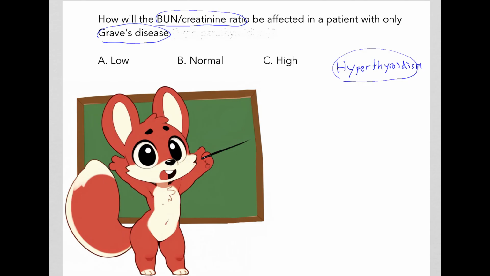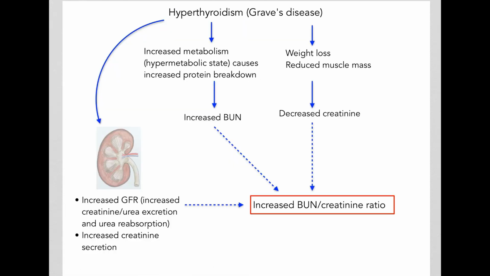So how would high levels of thyroid hormones in the blood affect the BUN creatinine ratio? So think about it. You can pause the video and think about what you think might happen to the BUN creatinine ratio. So let's see what happens now. High thyroid hormones, hyperthyroidism, puts a person in a hypermetabolic state. It basically increases metabolism,